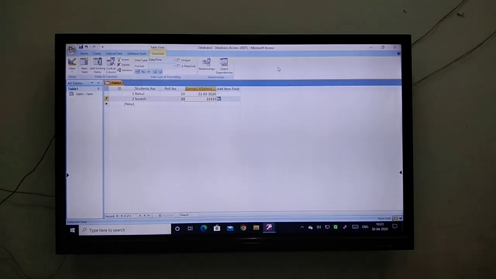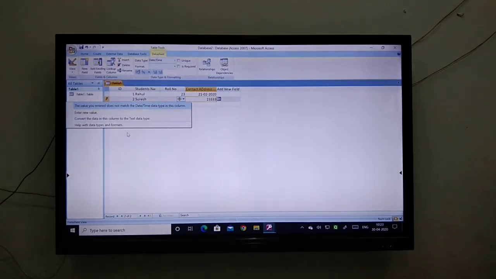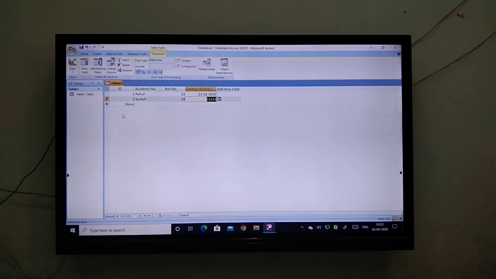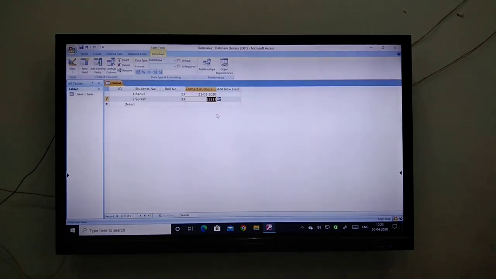Okay, now actually it is taking it as a date of birth. So I don't want date of birth, I want that particular whatever address I have given, that should be there. So we have to go with the enter value option and we have to select that particular table for that.